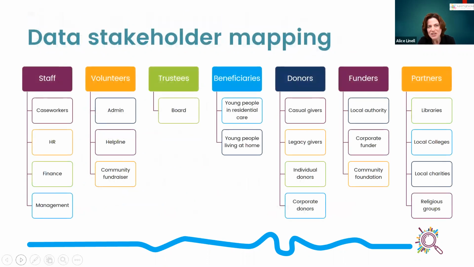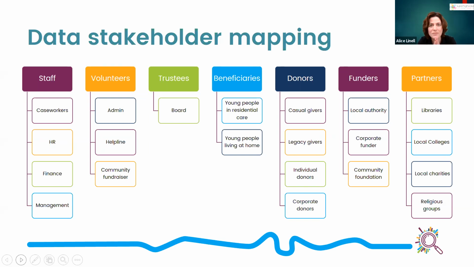So I mentioned mapping data stakeholders and thinking about other people. This is an example of one of the templates we have. The template's blank, obviously, but this is what we've mapped out for an organisation we're working with, thinking through who is going to be using the system. You can see here, we've mapped out the people we need to be thinking about when we're looking at the new system. For this particular organisation, we need to think about the staff, and we put in the different staff teams. We've got the volunteers and the different sorts of volunteers involved, the trustees, beneficiaries of the charity,